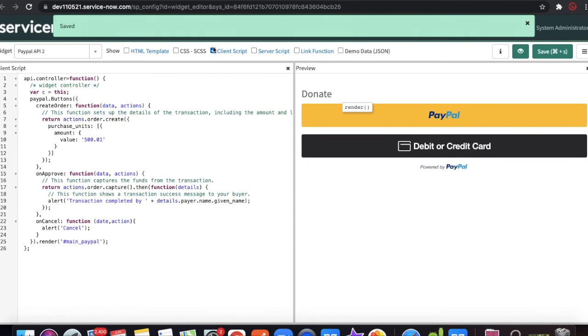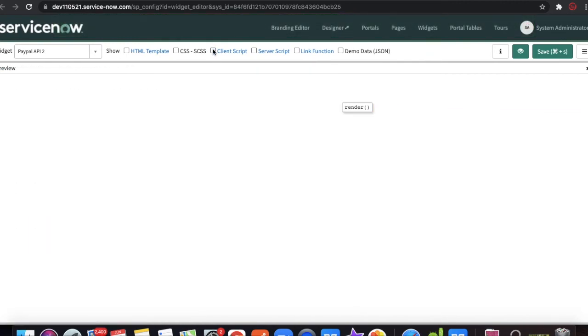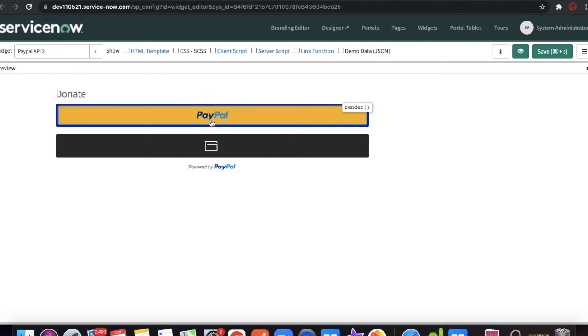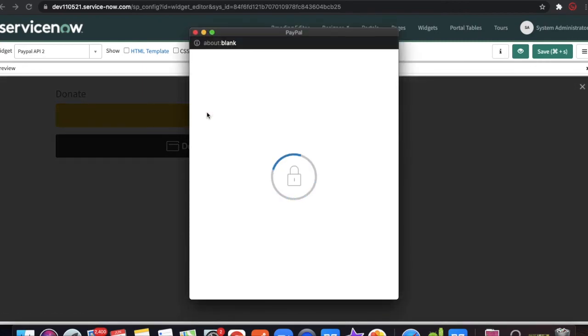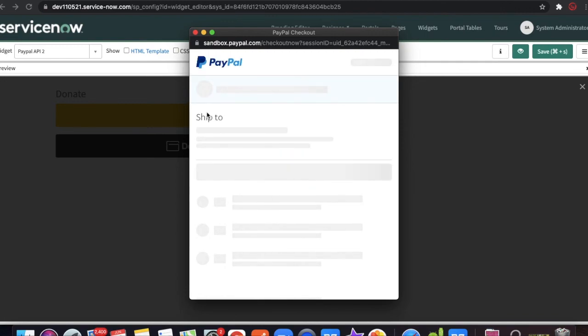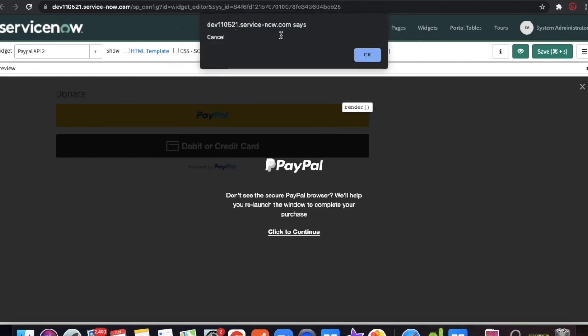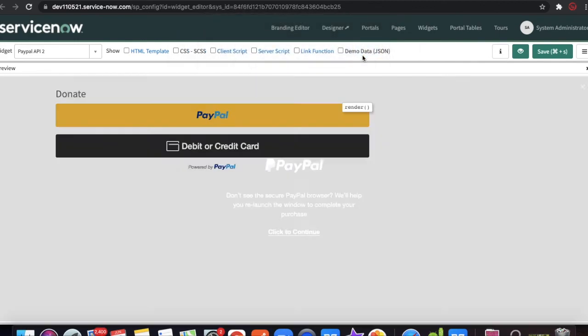Now uncheck this client. Your pop-up is now visible, and the $501 is showing, and once you close and cancel, you can see there is one alert message coming called cancel.